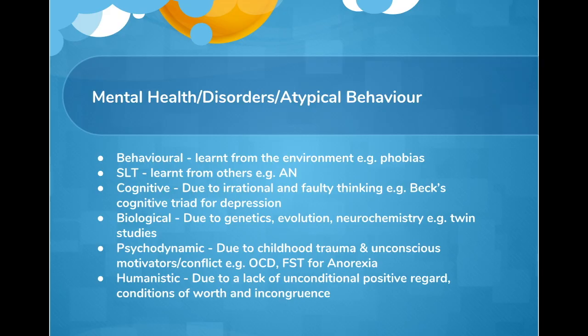Biological approach generally suggests that mental health disorders are due to biological factors, unsurprisingly. So genetics, inheritance, for example, there could be an evolutionary advantage for some point for these disorders. So OCD, for example, there is an evolutionary explanation of OCD suggesting that it would have been good to check your environment, and so now you check your environment, but that leads to obsessions. Or neurochemistry, so this is neurochemicals, an imbalance in particular neurochemicals may lead to a mental health disorder, is a